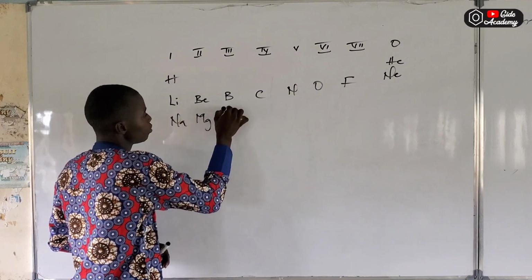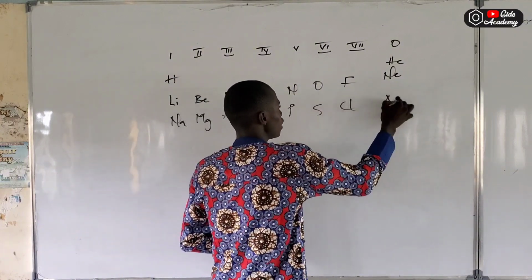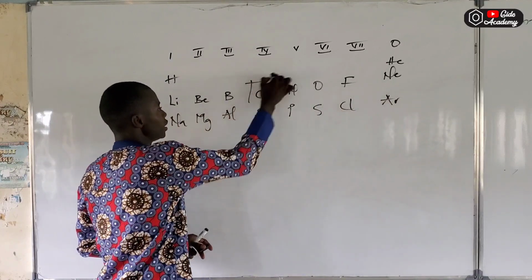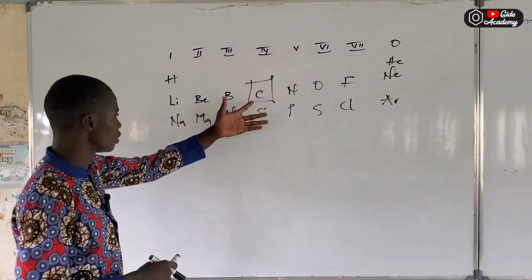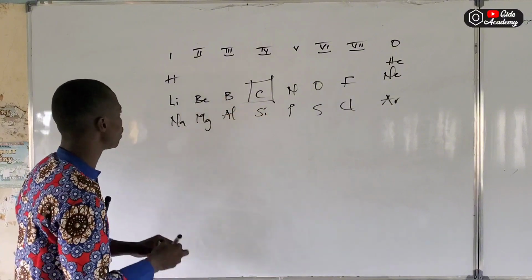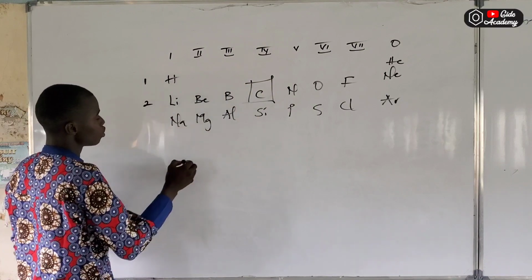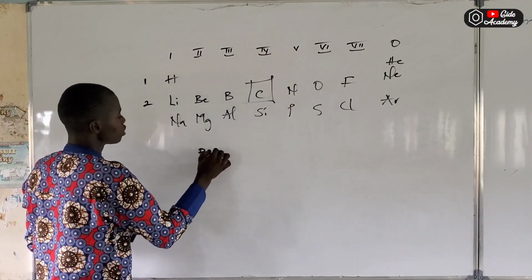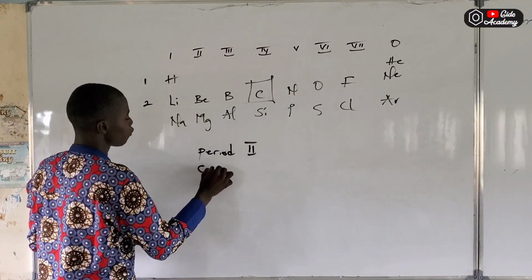sodium, magnesium, aluminium, silicon, phosphorus, sulfur, chlorine, and here is argon. This is the element I'm talking about, carbon. Now, if you look at carbon as an element closely, this is my period 1, my period 2. So carbon belongs to period 2 and group 4